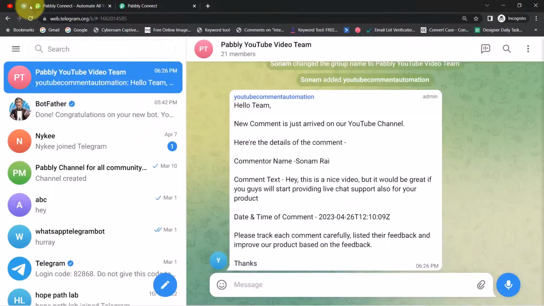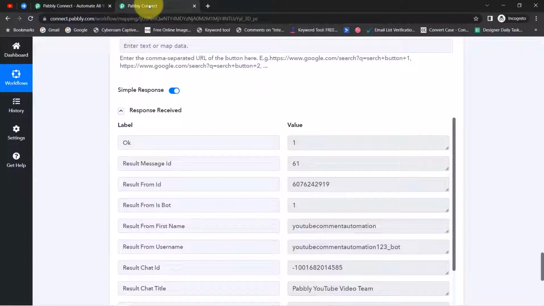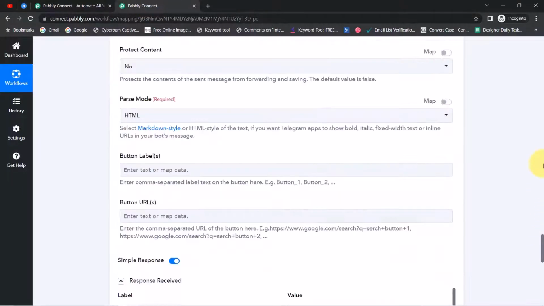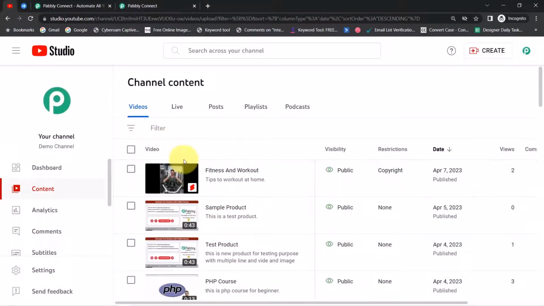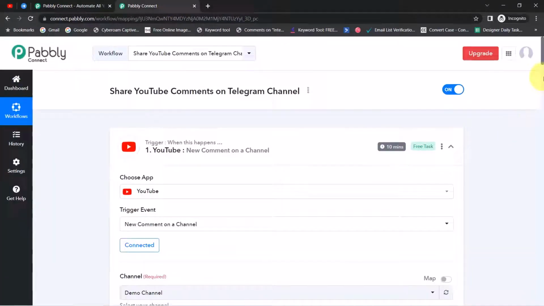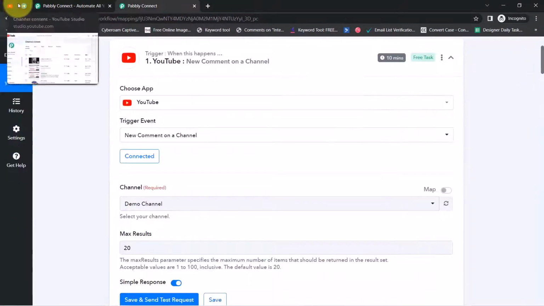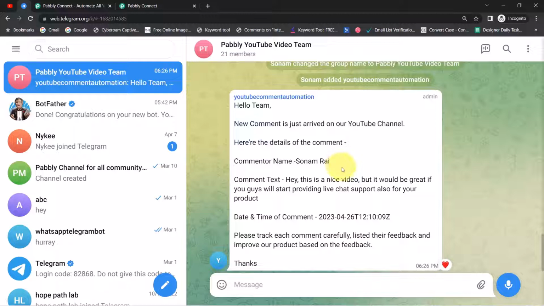Okay, so this is how, from now onwards, every time you receive any comment on your YouTube channel, the same comment will be sent automatically to your team on the Telegram channel every 10 minutes. Why am I saying that it will send the data every 10 minutes? Because the trigger here is polling based, and this will check for new data every 10 minutes. So every time a comment is received, our automation is going to check the YouTube data every 10 minutes. Just in case your data is not getting posted on Telegram in real time, don't worry about that. You'll have to wait patiently for at least 10 minutes, and then the comments, the data will be posted for sure